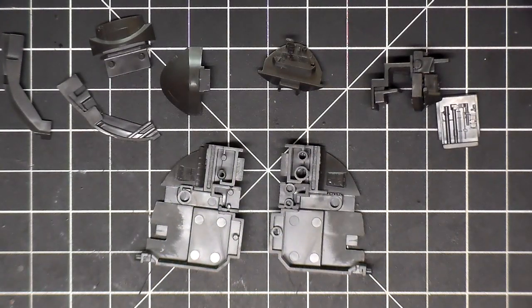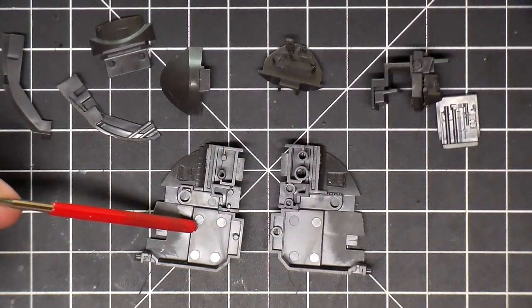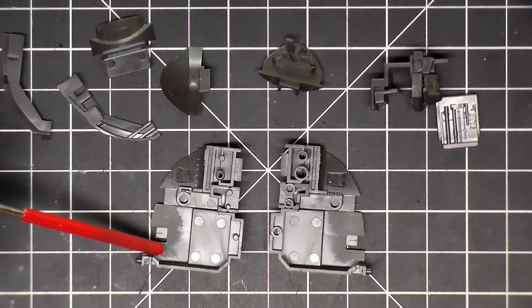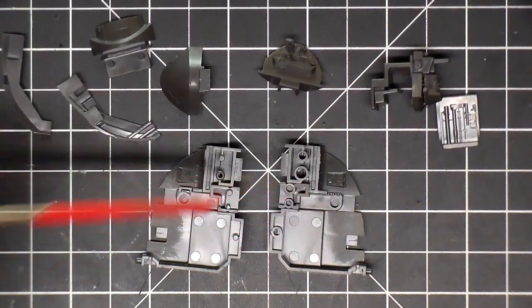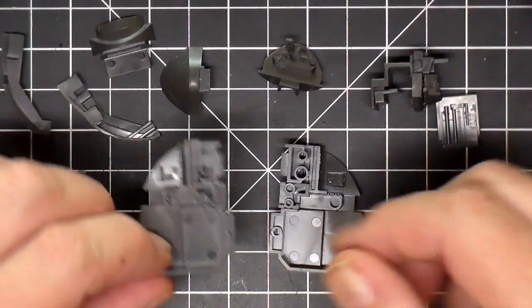So the first thing I did after all the test fitting was there's some injector pin marks, as you can see here, and there were some here and here, and I've sanded those down so that they won't show. The ones in the back are not going to show. There's two pieces